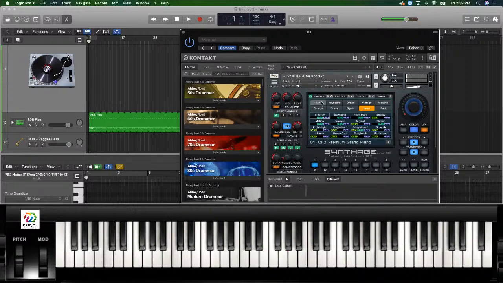Okay, so let's do a layer. Let's do a layer. What are some of my layers that I like to use? Okay. Here are some of my layers. Let me load some of my layers for you so you can